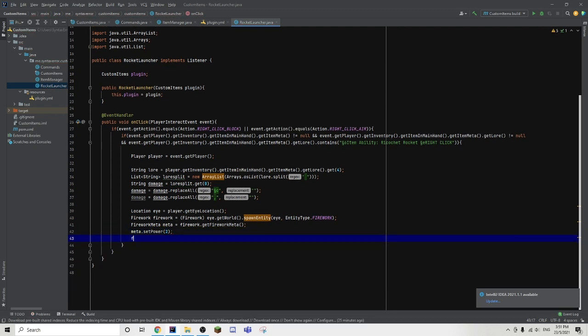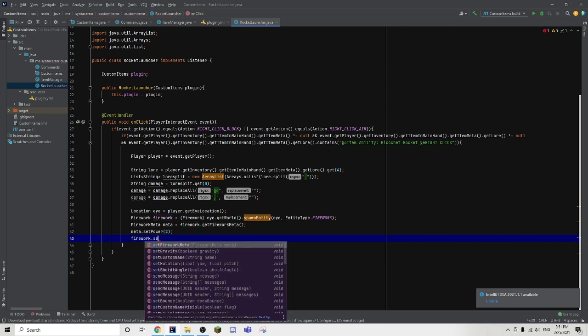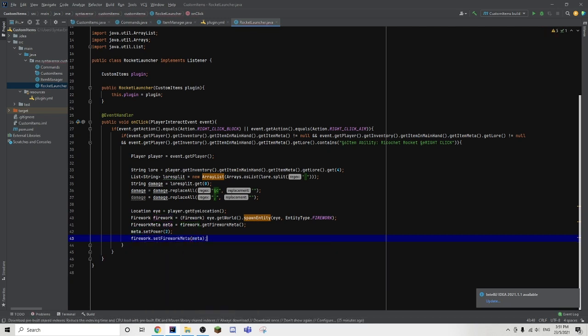Then we can go ahead and do firework dot set firework meta as our meta. If you want the firework to last longer, you can increase this value. If you want it to last less, I do not know what the word is, you can go ahead and decrease this value, but keep in mind that the lowest you can go is 0, and I think the highest you can go is 127. Then we can go ahead and do firework dot set shot at angle as true, because we want it